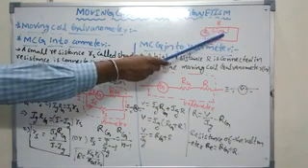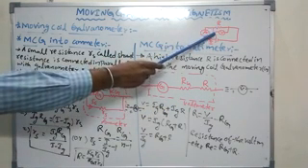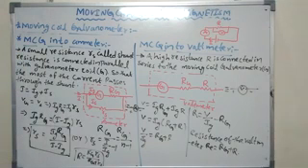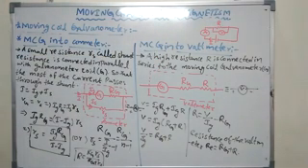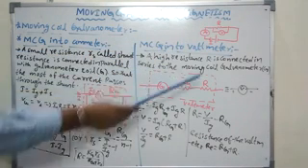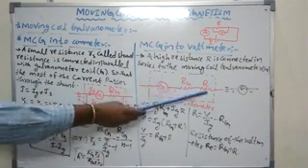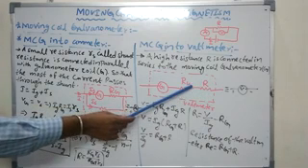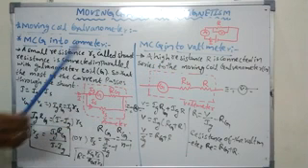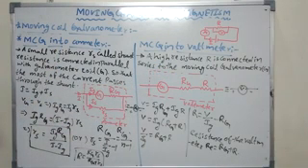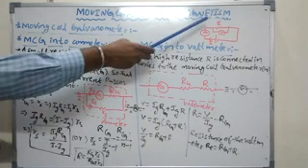If we do not increase the resistance, some amount of current can flow through it, and then we cannot get the exact potential difference across the resistor. That is the reason we are increasing the moving coil galvanometer resistance with a high resistance connected in series. Then the resistance increases. So how much current is flowing through this? A very small amount of current, Ig, the maximum current, can flow.